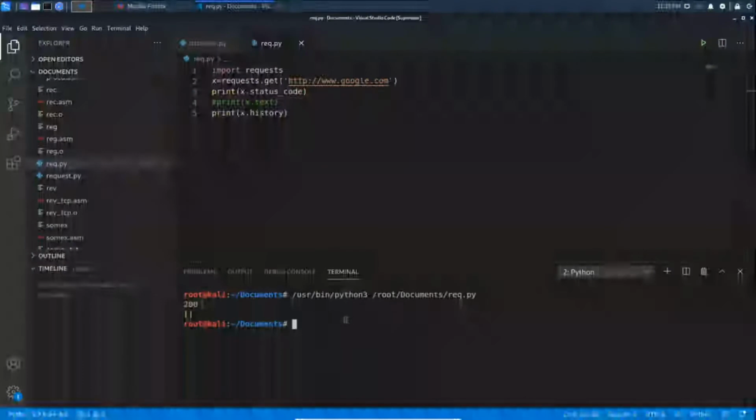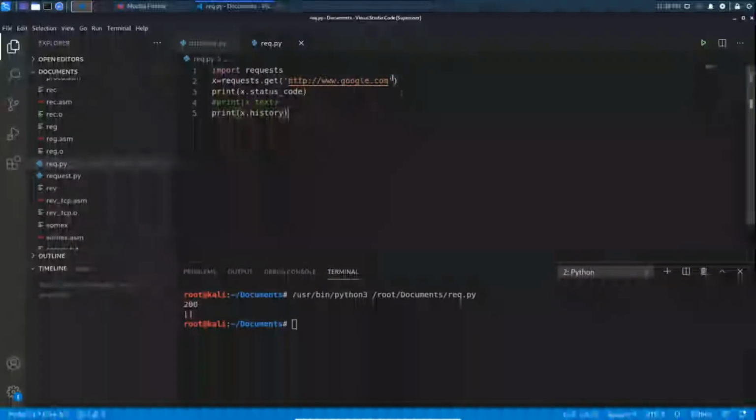It is 200, but I don't know why the response code is not printing. Okay, in this parenthesis you need to get the history. So here we will get the responses 301 or 401. I don't know the exact number for moved permanently. The site has been moved permanently.